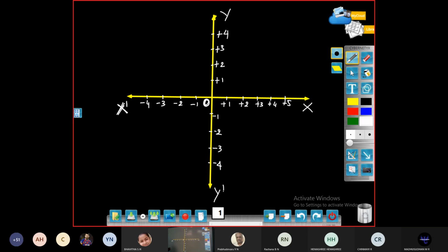So let us represent this. I am going to write here OX and OY. OX and OY both are in positive directions. We call that positive directions, because positive numbers are located on these. You see, OX has all positive numbers only, OY also positive numbers. OX dash and OY dash are both negative numbers, negative direction. We call that negative direction.